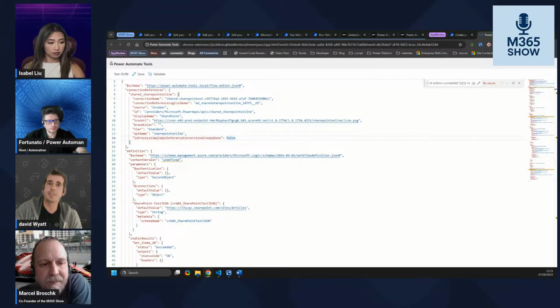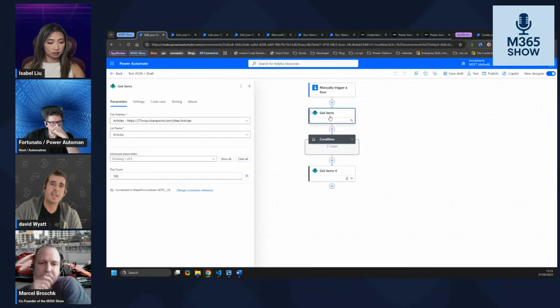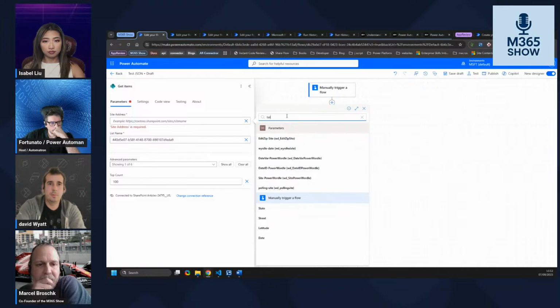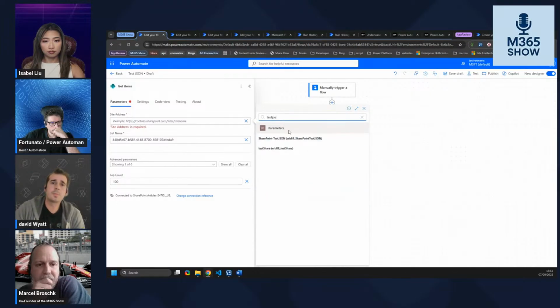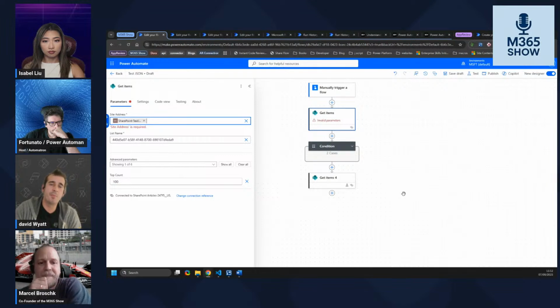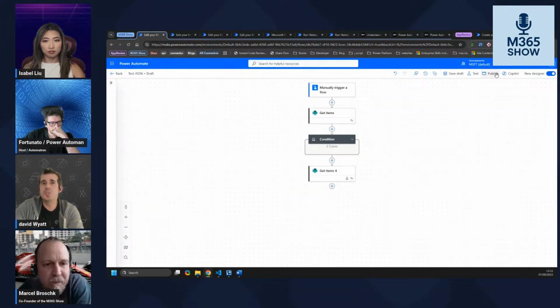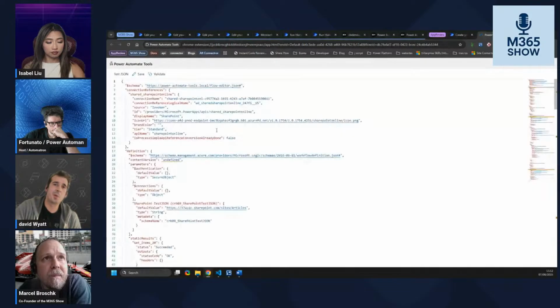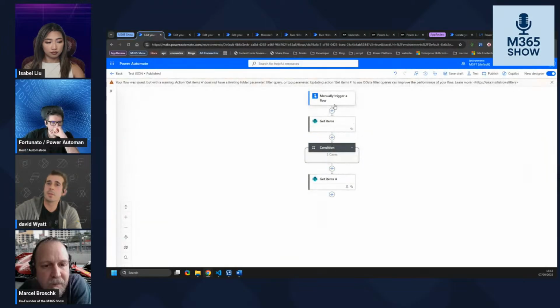Now, the great use case: if we pop back in and edit back to the flow, let's say I want to change these all to environment variables. I'd go in here, I'd find my environment variable. Come on, Power Automate. Now, in theory, I would have to go through and find every one, which 9 times out of 10, you're going to miss one or have some issue, and it causes challenges. But when we flip to the code view, I've just published it, it means straight away I can leverage that find and replace. Did I come too early? I think I did. Let's try reloading that. Give it a go.